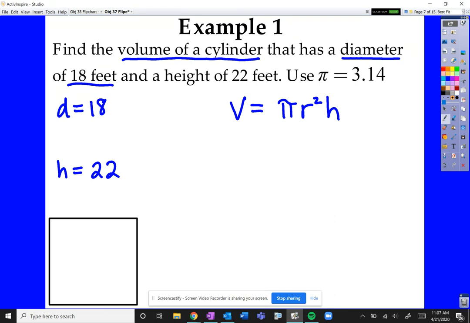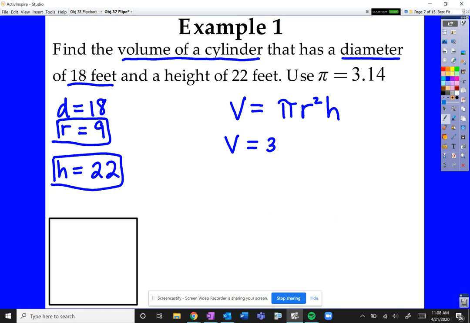But here's the thing, guys, right? There's no formula that uses diameter. So we know if the diameter is 18, that means it's all the way across the circle and the radius is going to be half. So we really need to make sure the formula only uses radius. So if you're given the diameter, we just got to find the radius. Okay, cool. So we're going to use 3.14